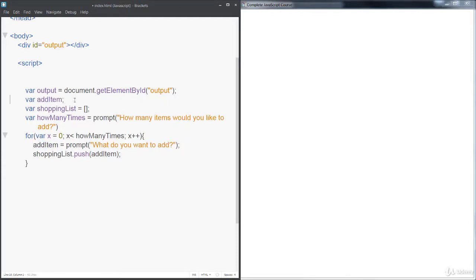And then just clean that up a bit. So now we're just going to keep adding items, however many times the user wanted to add, how many items they want to add, and we're going to loop through all those items. We're adding them into the shopping list, and then finally we need to output our shopping list. There's a number of options for outputting, and I'm just going to use the simple for